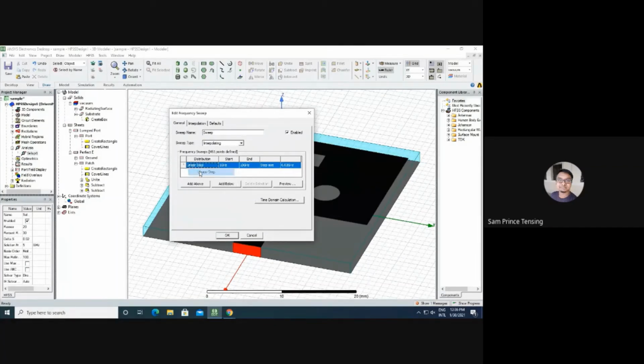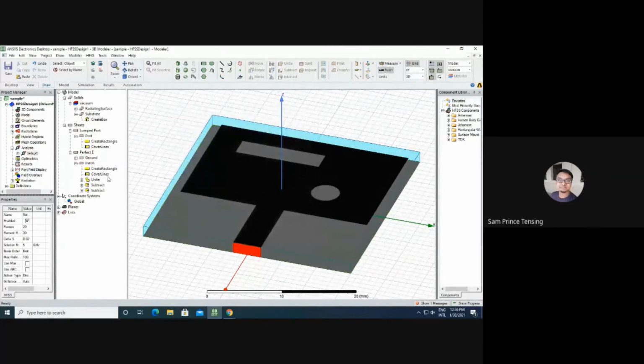Click on linear step. For the start frequency, I'll keep it from 1 gigahertz to 10 gigahertz. If you want, you can change it to 5 gigahertz. Since our input frequency is 5 gigahertz, I'll give it from 1 to 10. You can decrease the step size so that you will get more accurate answers. Click OK. Now everything has been done.